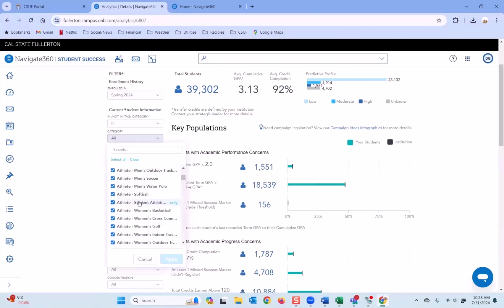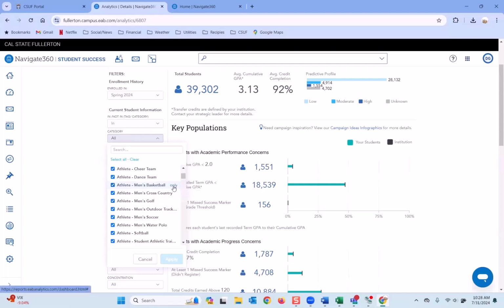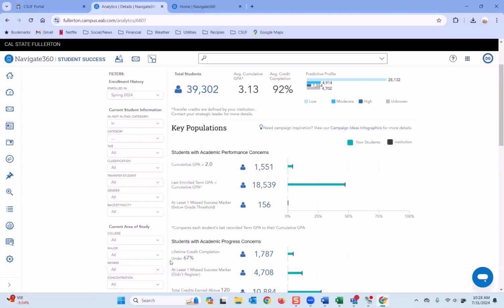The way you use the category, though, just to show you how this works, is let's look at men's basketball. If I only wanted to look at men's basketball, then I would hover over it and where it says "only," I click that. You notice everything else gets unchecked, and this category is the only one that's checked. So then you click apply,